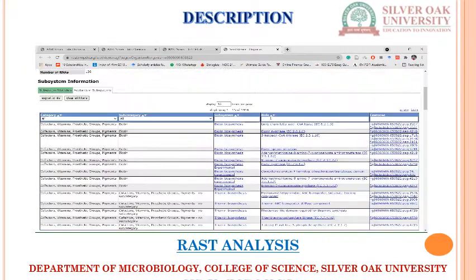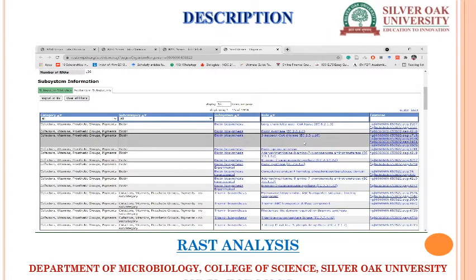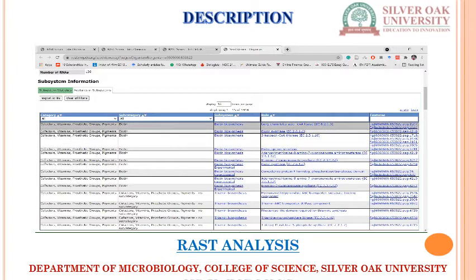Here is the role, the name of the particular product, subcategory, subsystem, the role, and EC codes for the Enzyme Commission, the role of the particular thing as an enzyme, and the number of the gene. PEG codes for protein encoding gene.